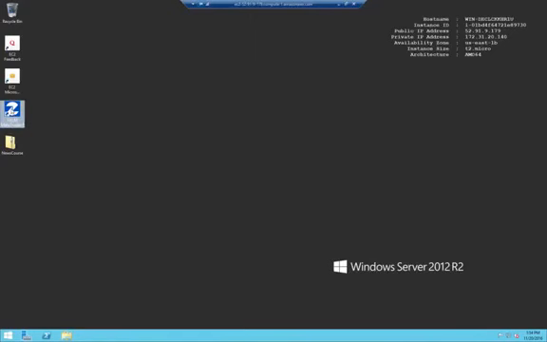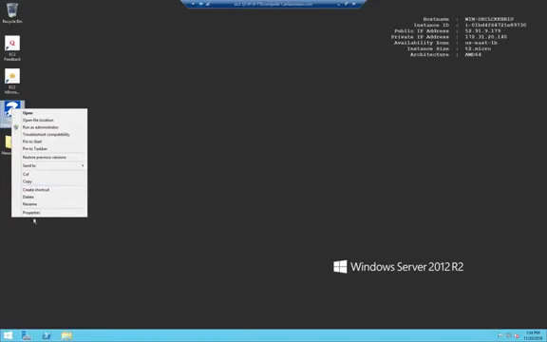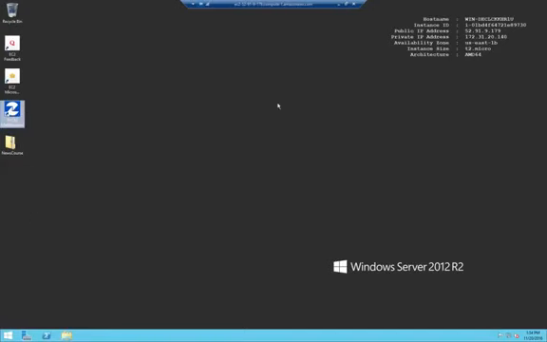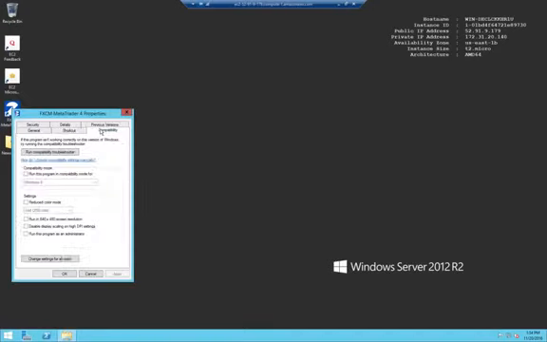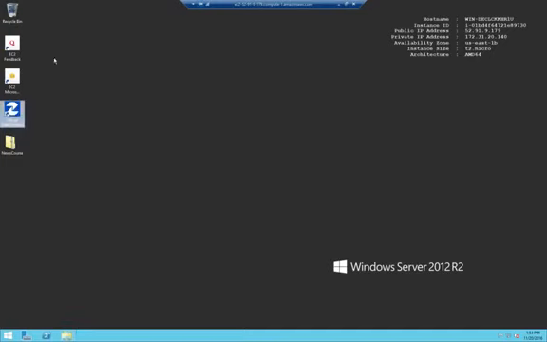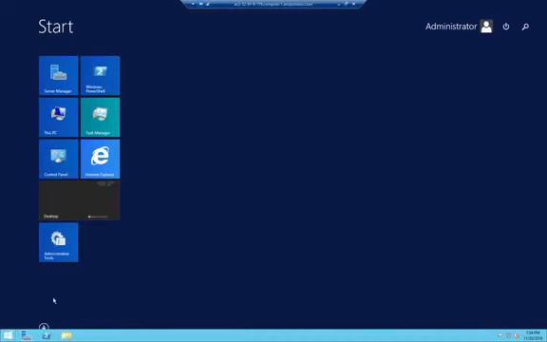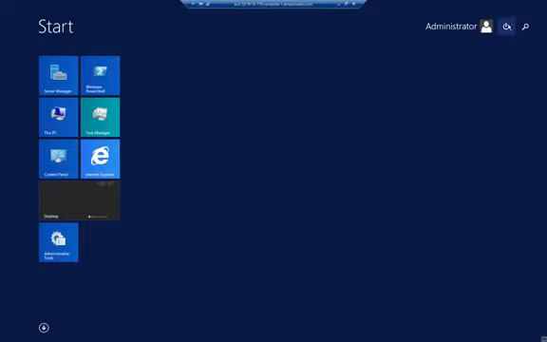Let's make sure though we right click, go to properties, go to compatibility, and we want to run this program as administrator, apply, and OK. Now that you're set up, guys, that was it. I'm going to go ahead and close this, but if you have any question, remember, you always hit the X to close. Never do this. Start, and then the power button. Never do shutdown because it won't be running.